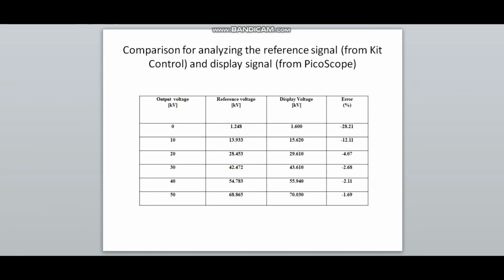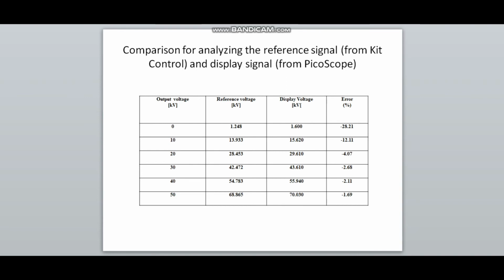This is the result of the comparison for analyzing the reference signal and display signal. For 0%, the reference voltage is 1.248 and display is 1.6. So the error is negative 28.21. For 10%, the reference voltage is 13.933 and display voltage is 15.62. So the error is negative